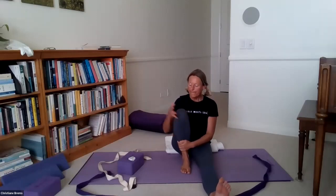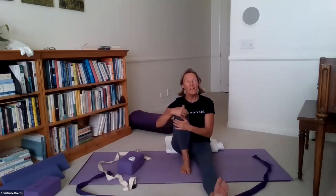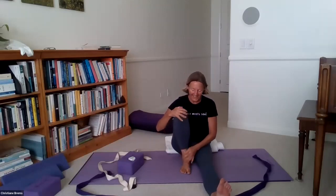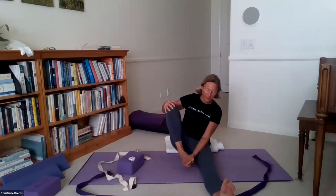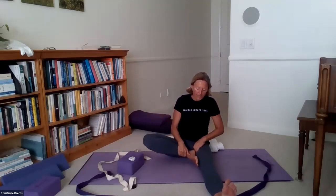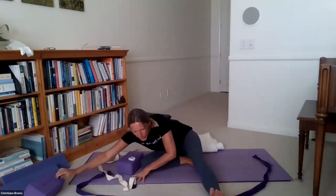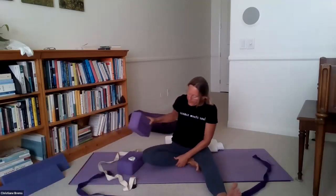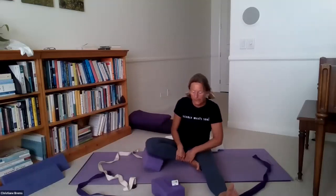From here, hold your knee. You could hold it with both of your hands or with one hand. As you then bring the bottom of the right foot to the inside of the left thigh. You might need a blanket or a block under that right leg. If the knee hovers, you really do want to give it some support that will stabilize the